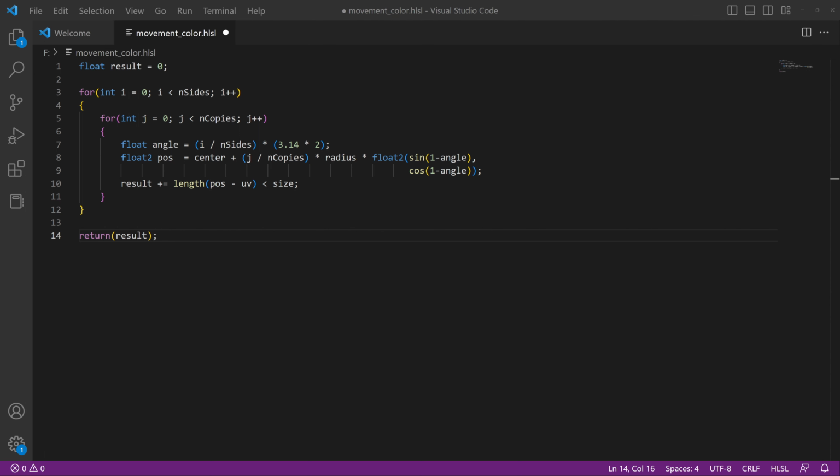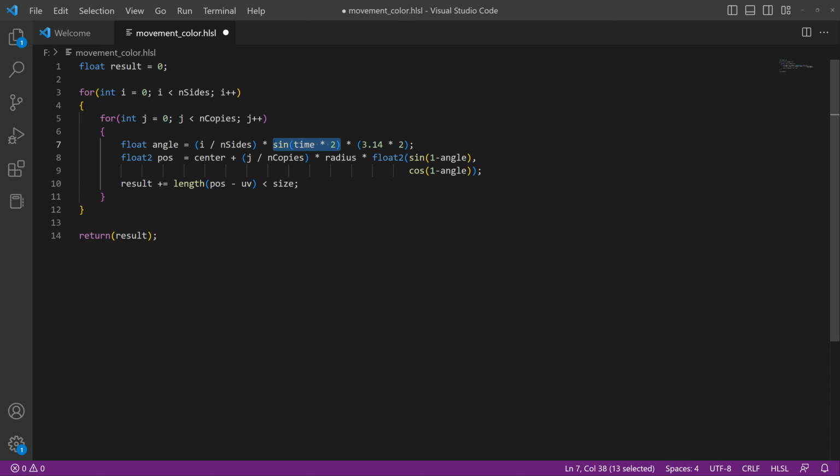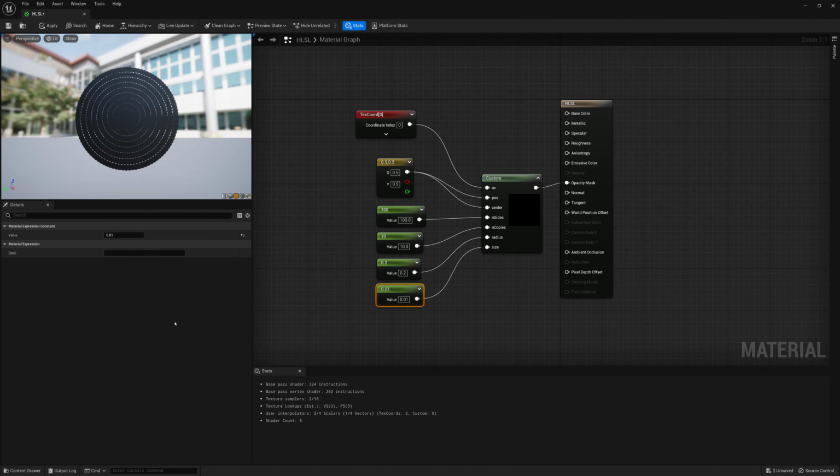So what we can end up doing is modifying some of this code. So what I'm going to do is right in between here, I'm going to slide in some extra code that says sine time times 2. And that's going to end up modifying the angle of where it draws these points. And if I take that with that little adjustment here, and I go back into Unreal and update that code,